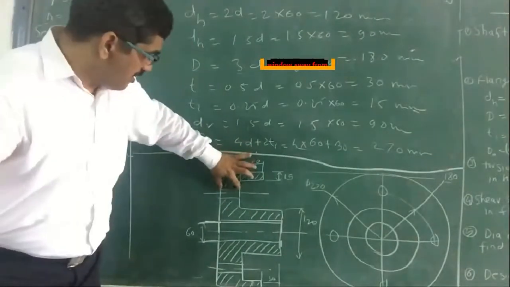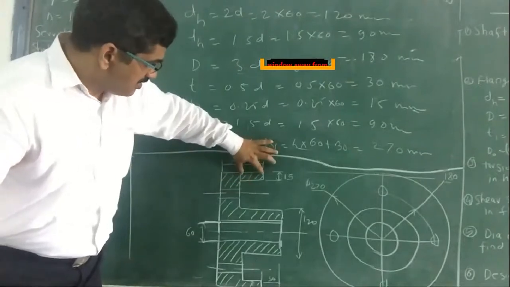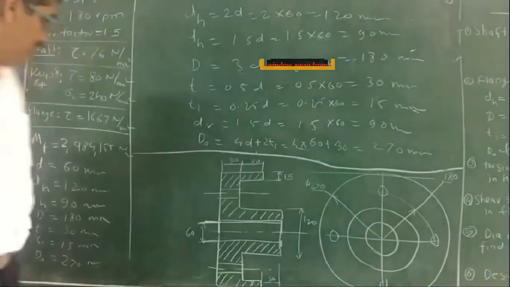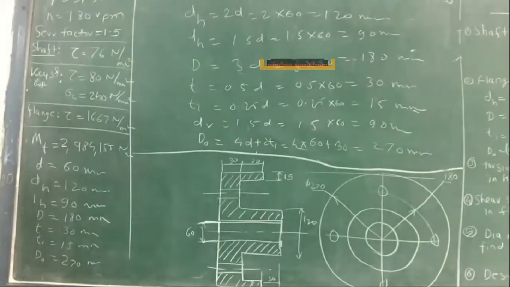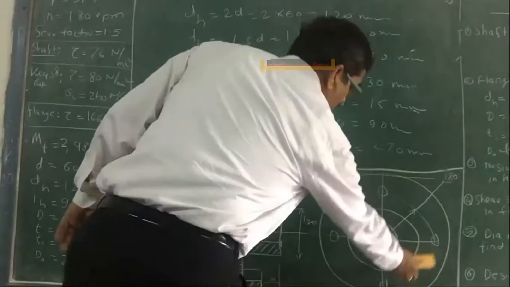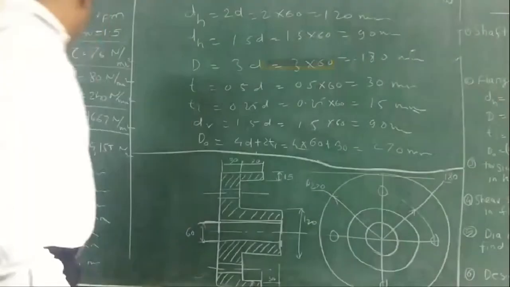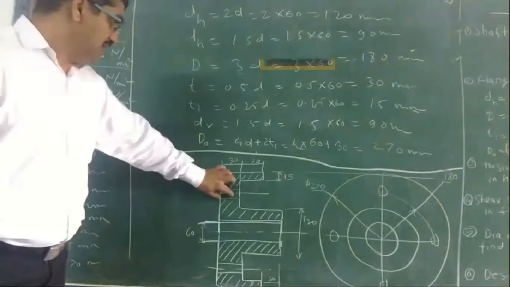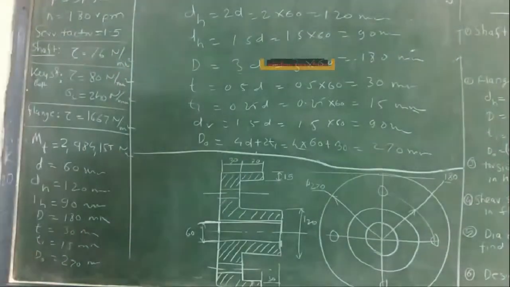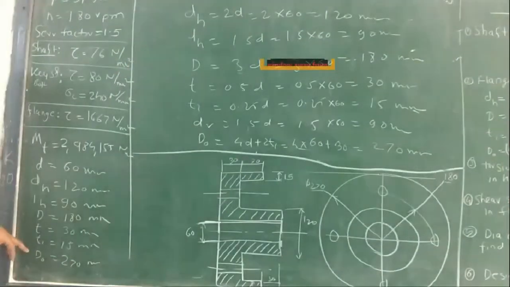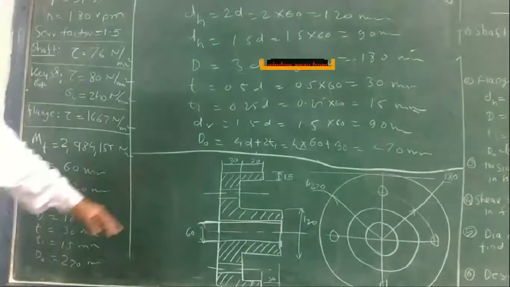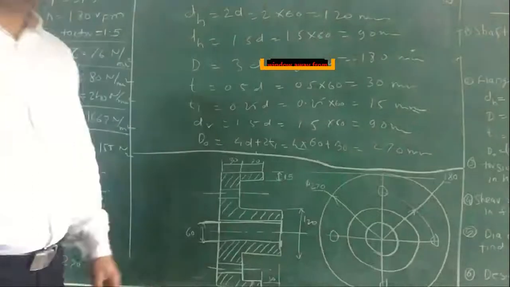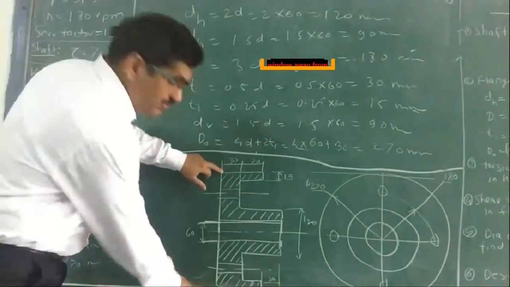So this is 30 mm flange, 30 mm this protection, and this extra 30 mm. This total length is 90. Okay. The diameter of the P circle diameter, this diameter where the bolts are there, will be 180. Then T will be thickness 30. This thickness is 15, thickness of this ring, and then D0 270. This is outside diameter of the flange is 270. This from here to here is 270.